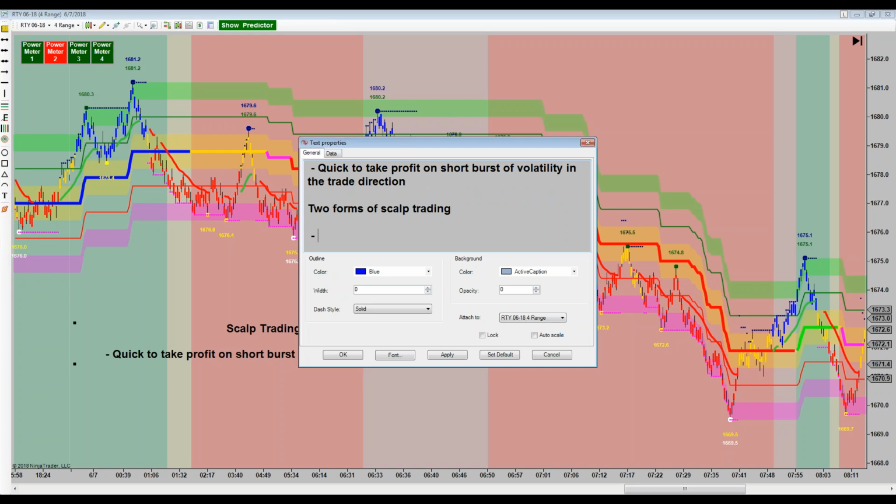The first one is the kind that we do mostly on almost every trade: you put on a two lot. So you have two contracts on your trade, and you take one contract off at a limit order,